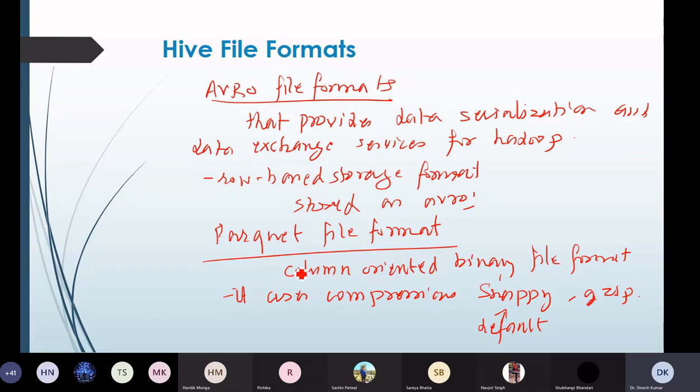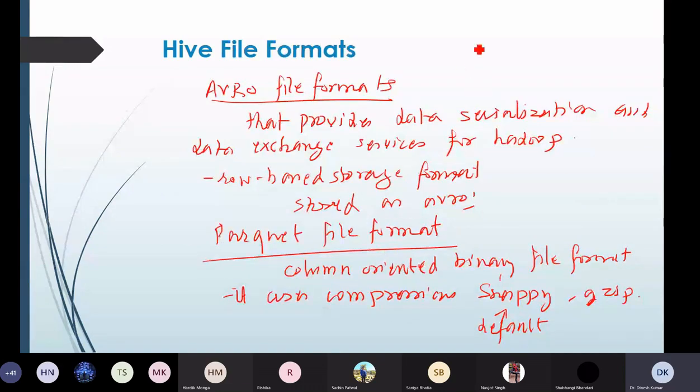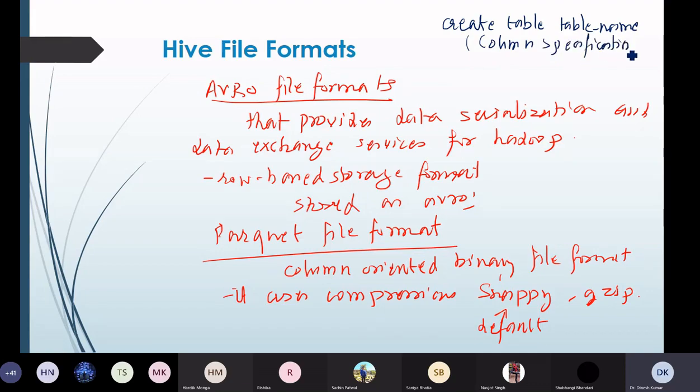In all these file formats, if you want to use any of them, the syntax is that we have to use the create table command, then the name of the table, and then we specify the column specifications of your table, like the various columns that you would like to enter into the table.